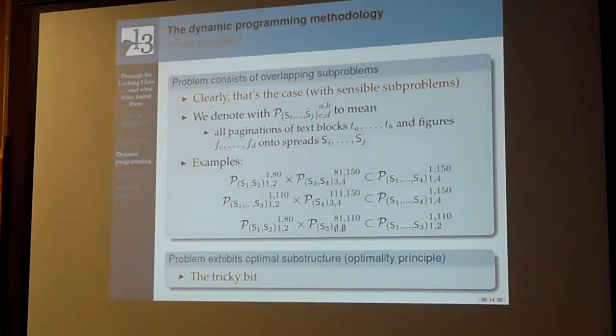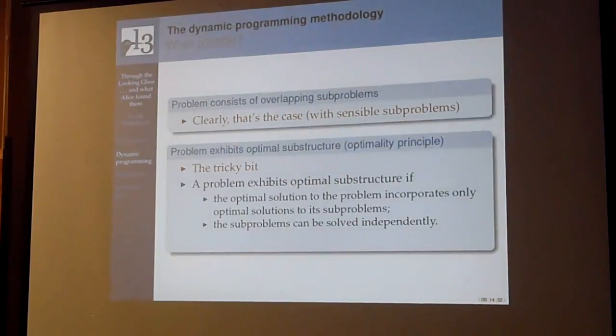Now, the optimality principle is a bit more complicated. That's the definition. It has 2 parts. One is saying, if I have an optimal solution for the whole problem, it is also an optimal solution for all of its